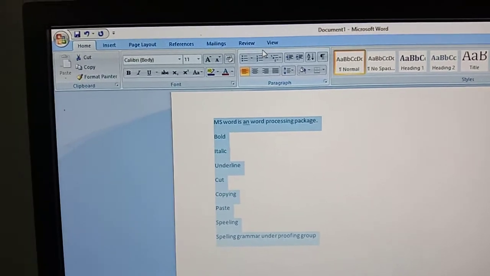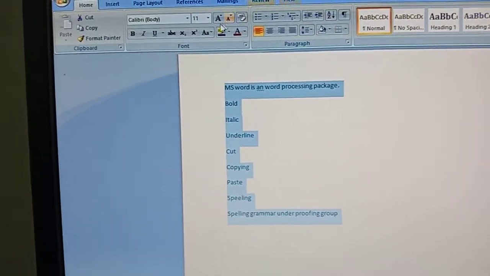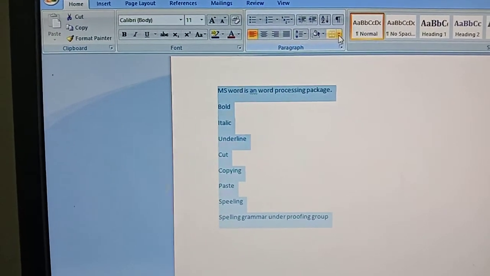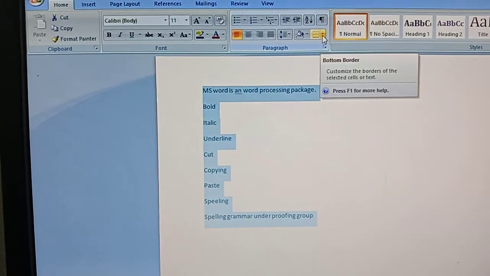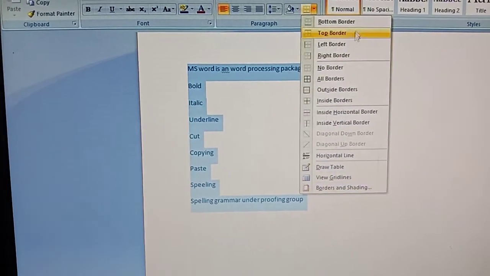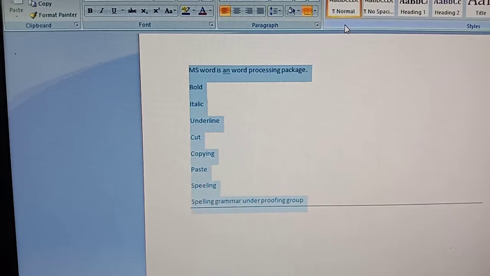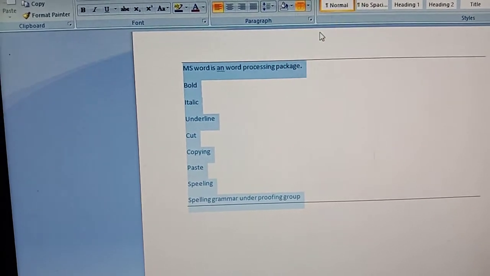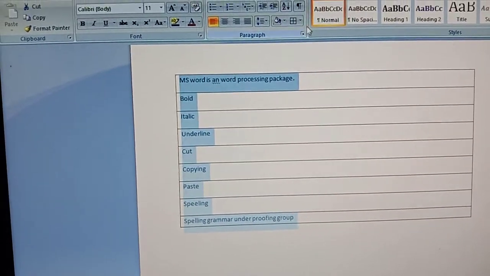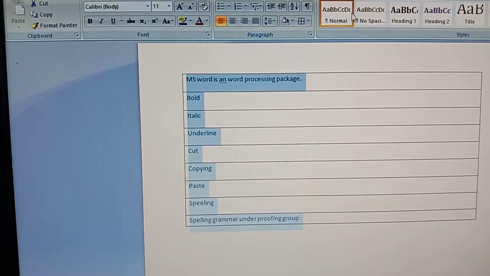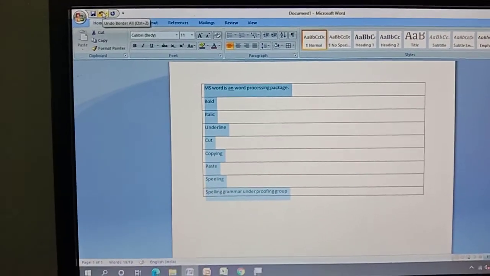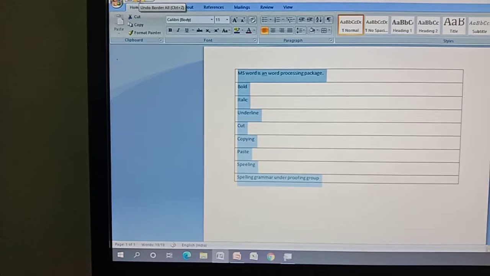Next concept is adding borders to your text. In the same Home tab, in the paragraph group, just click the border. You just click this drop down list and you will get a number of border options. You can apply the bottom border, or the top border, and you can apply all borders also. So based upon your wish, you can apply the borders for your selected text. Adding a border concept is over.